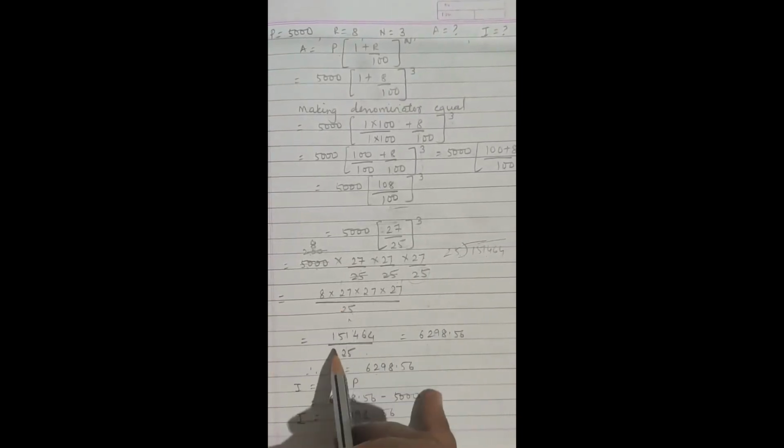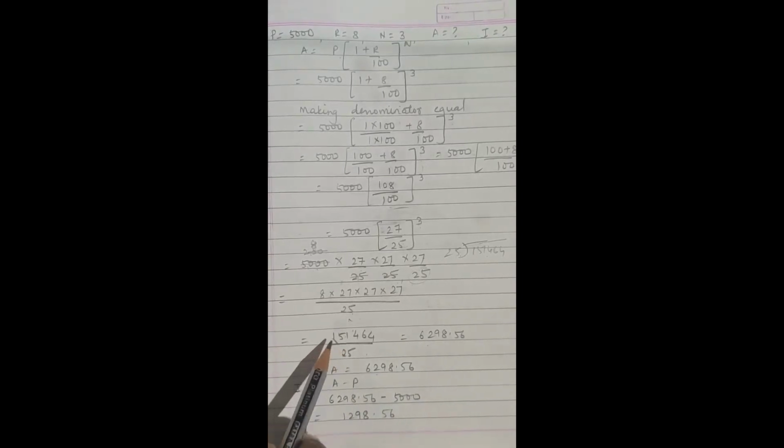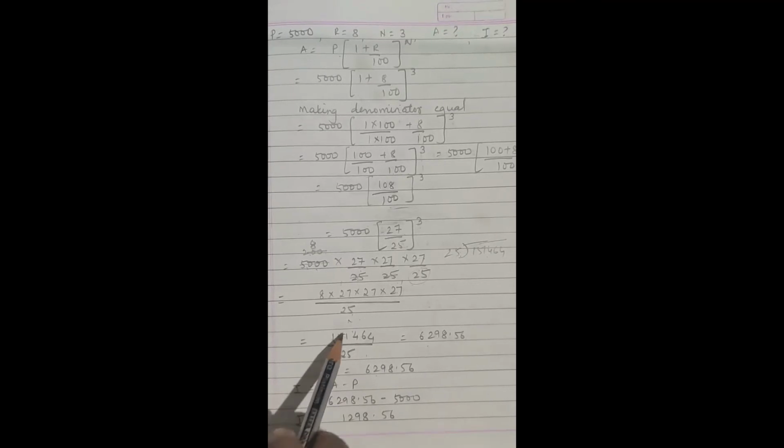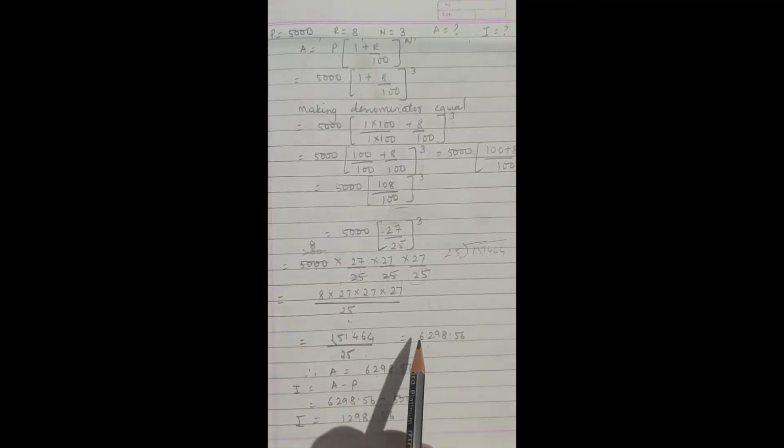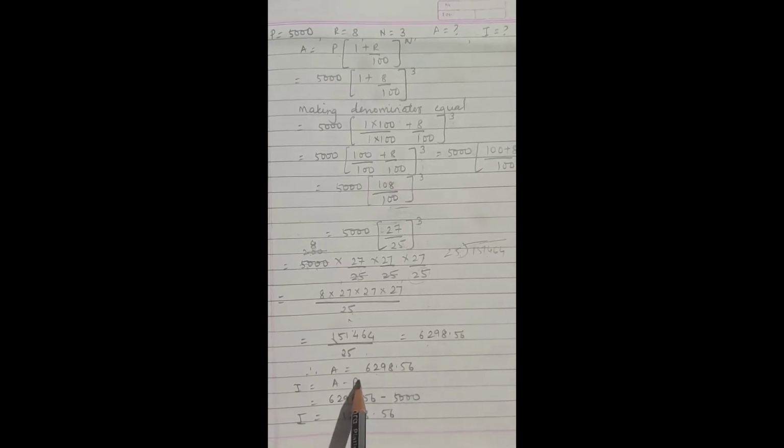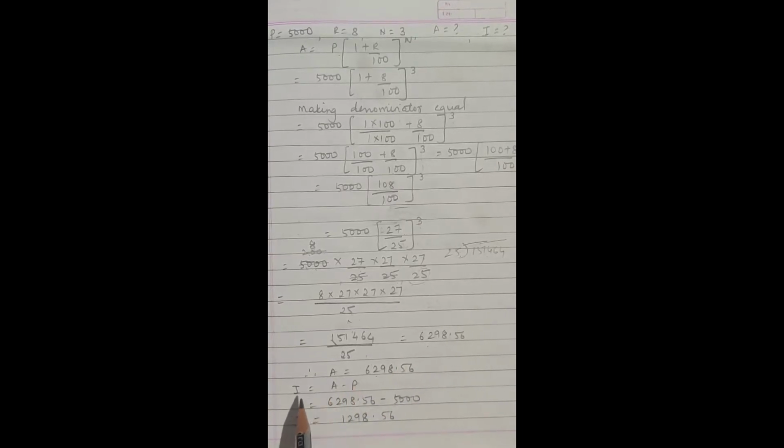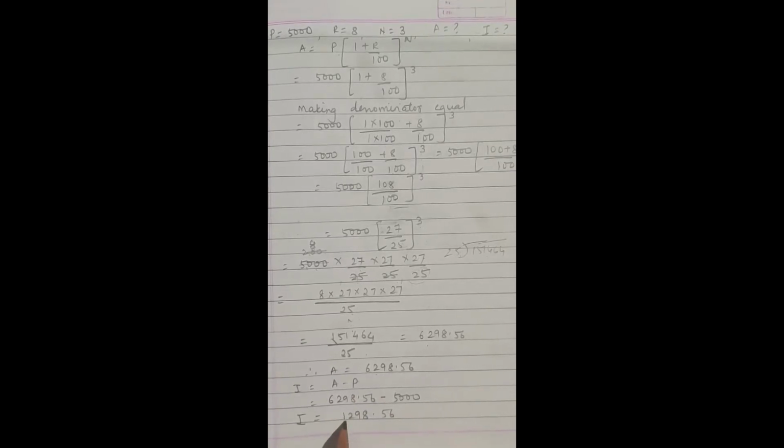First multiply. After multiplying, you get the answer as 1,51,464 upon 25. After division, the answer comes as 6,298.56. That is the amount that is given. To find the interest, same formula, amount minus principal. After subtraction, we'll get the answer as